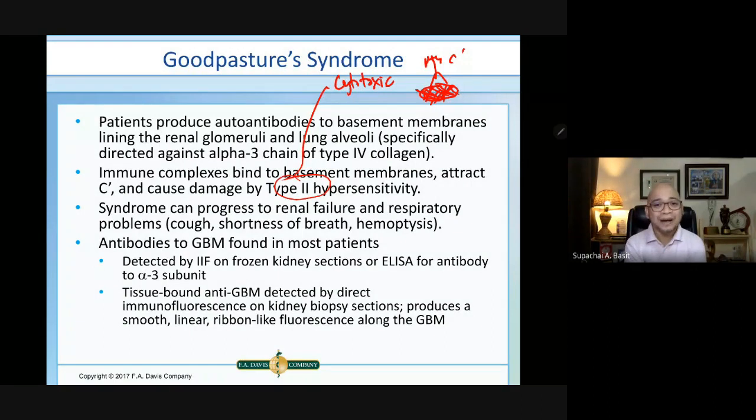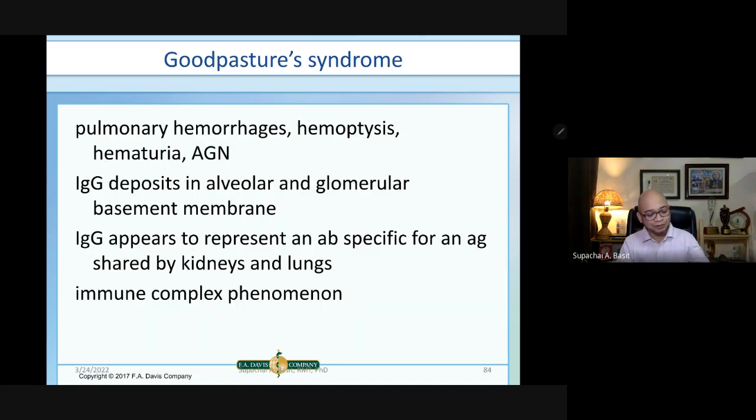So tissue anti-GBM detected by direct immunofluorescence on kidney biopsy sections will produce a smooth linear ribbon-like fluorescence along the GBM. So again, direct immunofluorescence. So in summary,